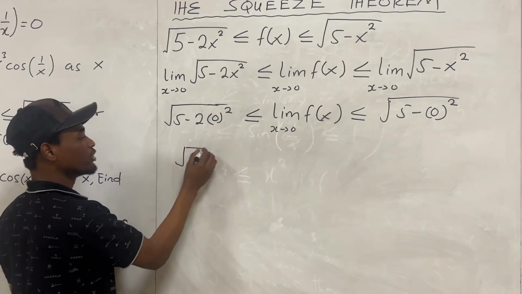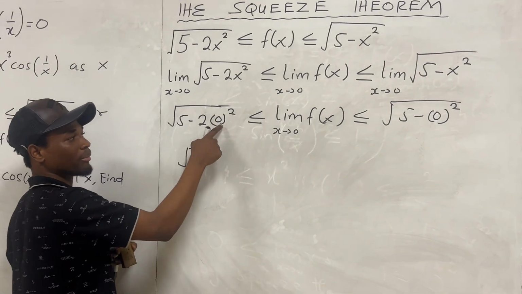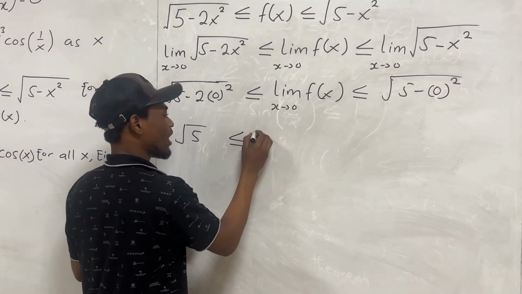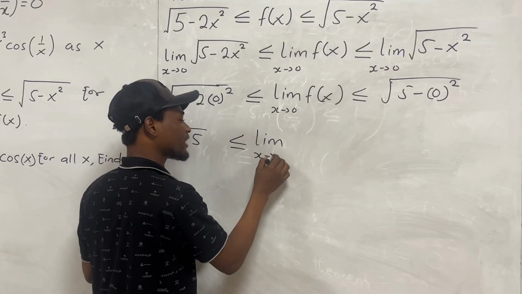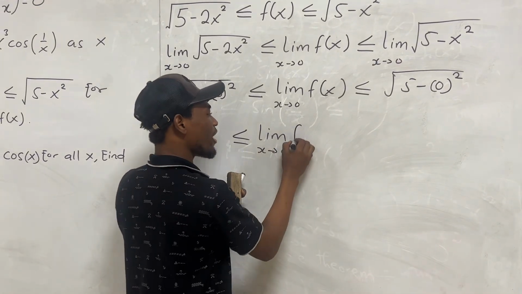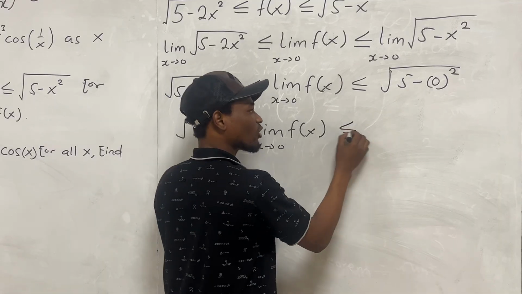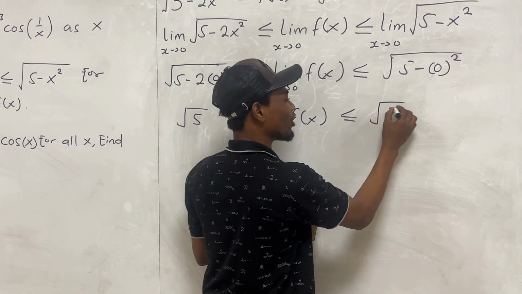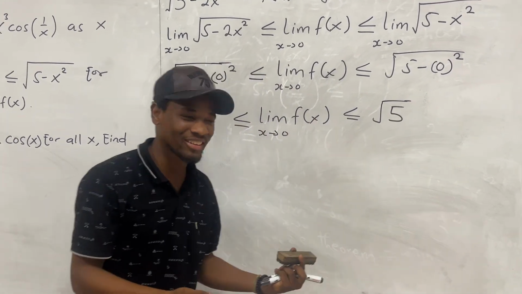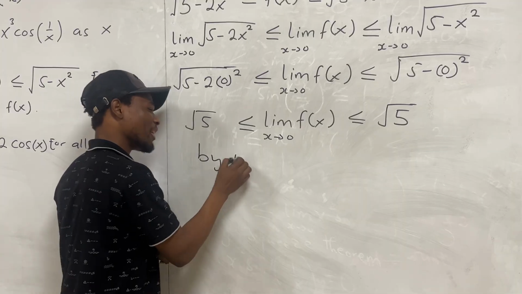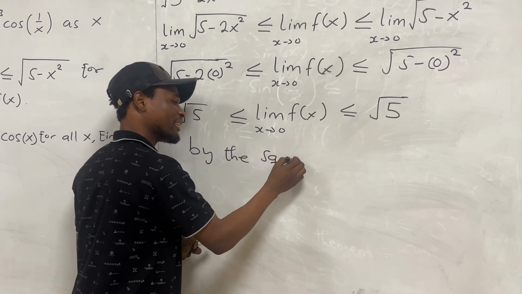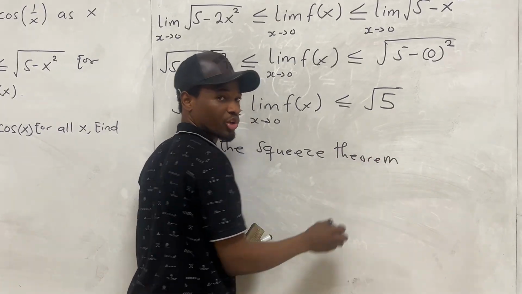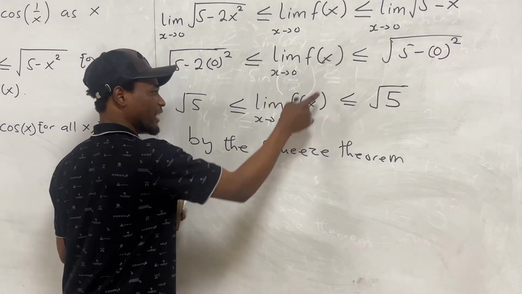Negative 2 times 0 squared is simply 0, so we have the square root of 5, less than or equal to the limit of f of x, less than or equal to the square root of 5. By the squeeze theorem, we know that